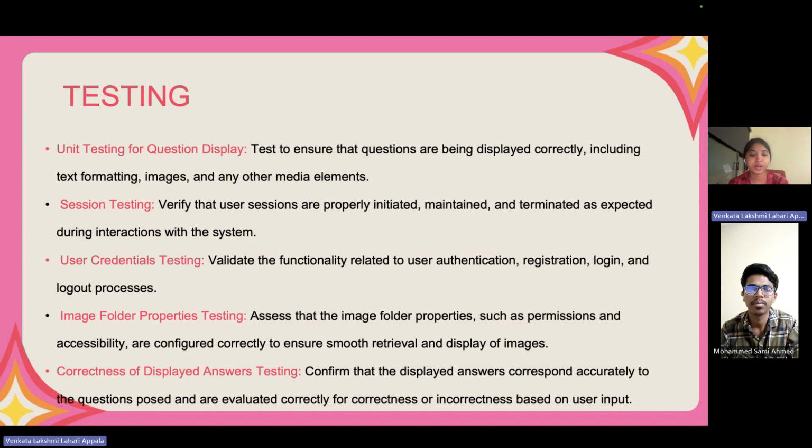Coming to the image folder property testing, we are assessing whether our image folder properties, like permissions and accessibility, are configured correctly or not. And coming to the next part,